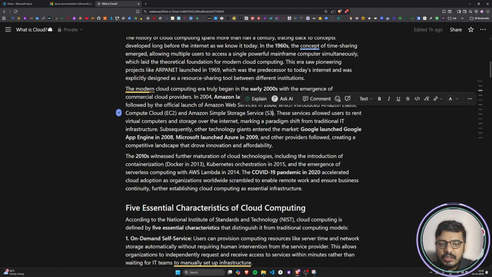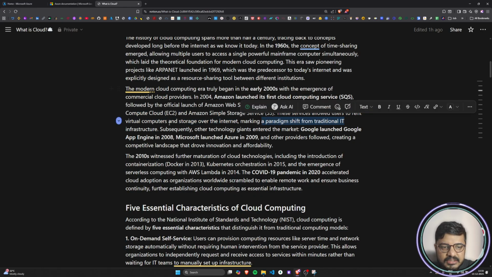And S3. These are the two most used cloud services to date, launched back in 2006, around 20 years ago. These services allowed users to rent virtual computers and storage over the internet, making a paradigm shift from traditional